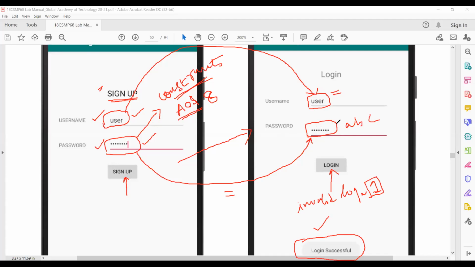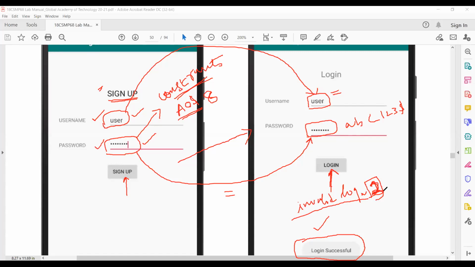Now let us assume the user has changed the password. ABC123 is entered, and again I press login. Again I entered an invalid password, so it will print a message stating invalid login, and now the number of attempts will be 2. Let us assume he has entered one more password, ABC123$. This is also an invalid login, so it will print invalid login, count is 3.